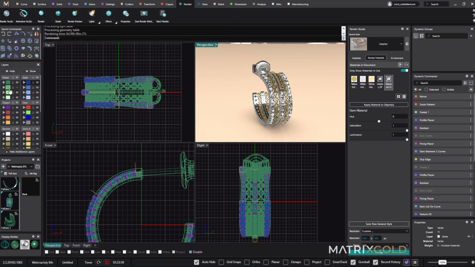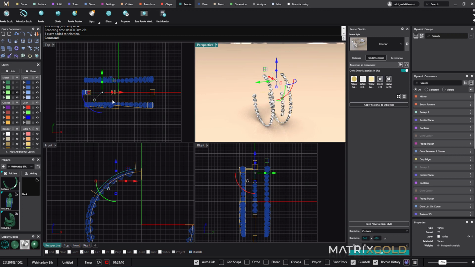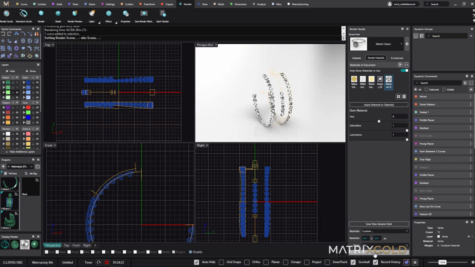and what I can do next is I can hide this and this. I just can keep, and this, let me just go here and hide this, and I can go now to the Matrix Classic, because I like the way that the stones look in the Matrix Classic. I apply this new style, and again now I need of course to put the toggle on, and I just go and render again,